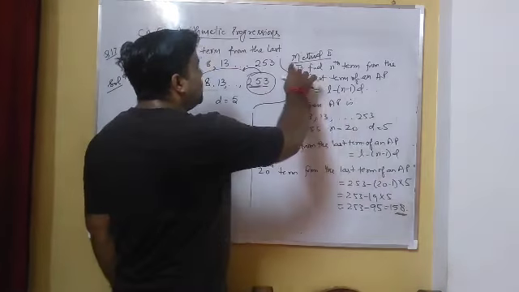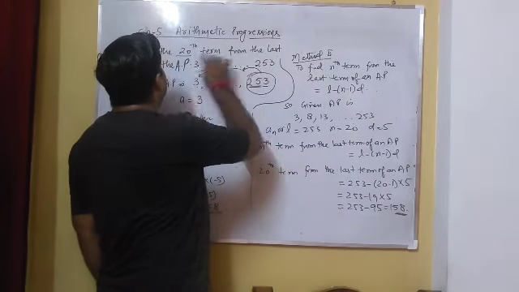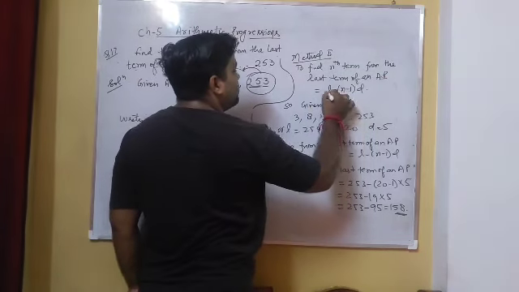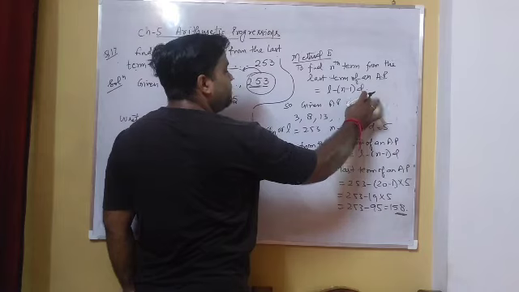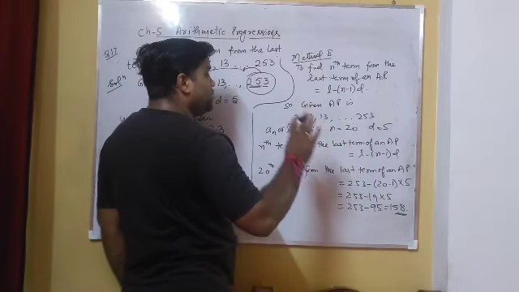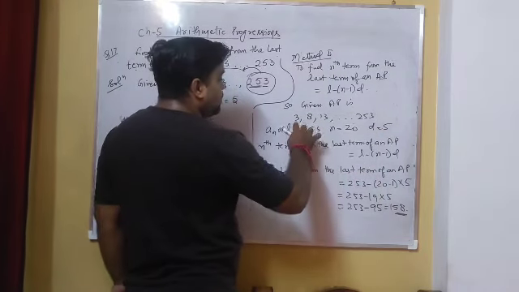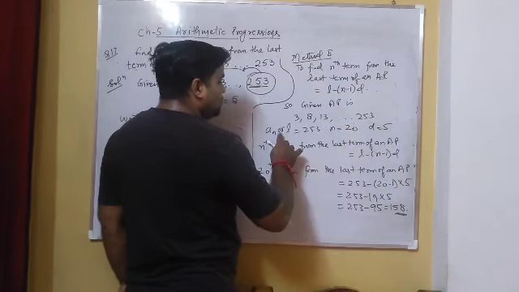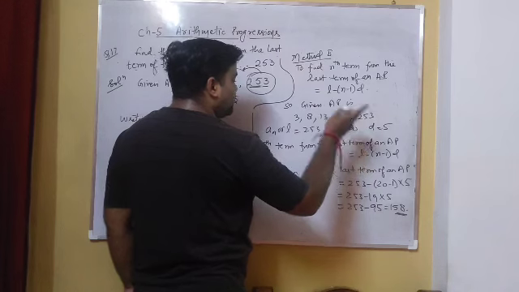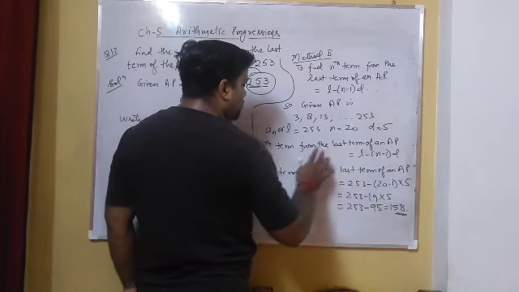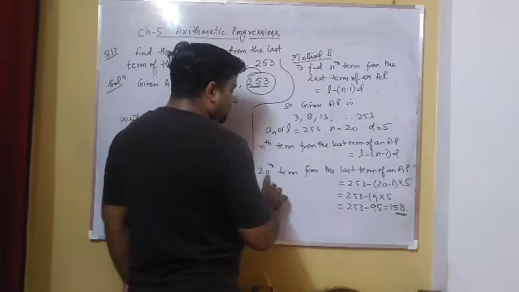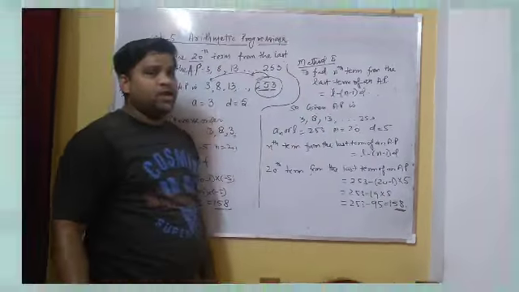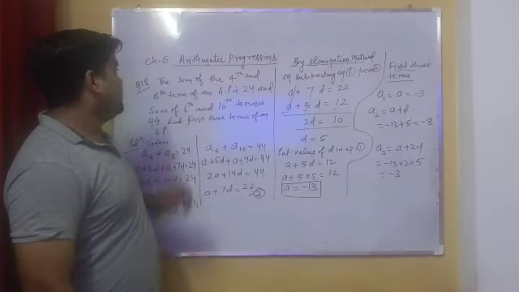But we have another method to find the 20th term from the last term of an AP. To find the nth term from the last term of an AP, our formula is l minus n minus 1 into d. So there is no need to change the sequence. Directly we can find: our given AP is 3, 8, 13 up to 253. So our last term is 253, n is equal to 20, which is given in the question, and our common difference is 5. On putting all the values, we get the 20th term from the last term of the AP, which is 158.